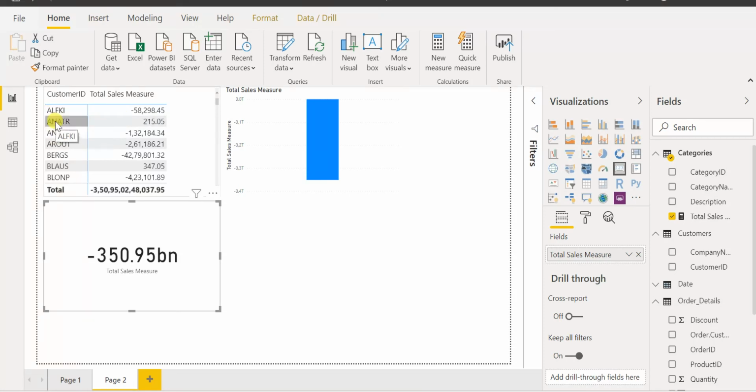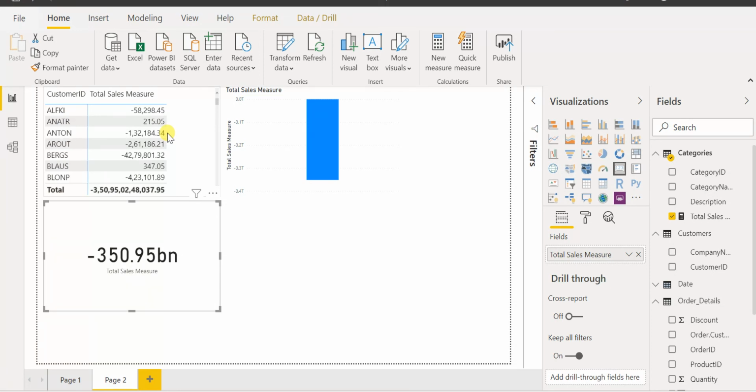It's a kind of filter context here. Based on the customer ID, the total sales measure is filtering out. Since it's a dynamic way of getting the results, it will go back and hit the CPU and get the results. So sometimes it is good, but again, if you have a huge number of rows and columns, then when you create a dashboard and open it in the Power BI service, it keeps on loading. You can see the loading symbol. That's the thing. But it's very useful, especially when your data model is big.